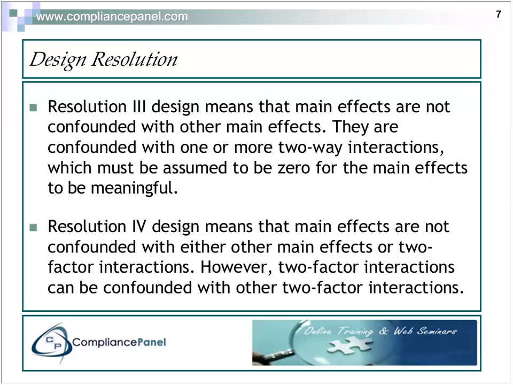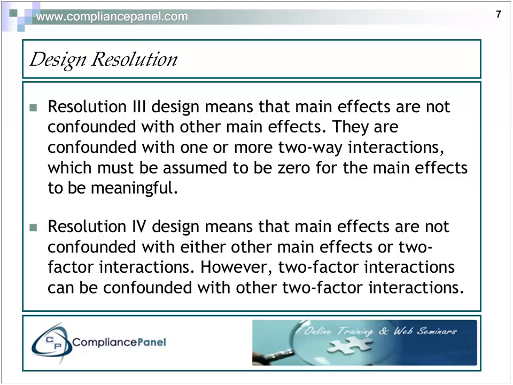performed. A resolution 4 design means that the main effects are not confounded with each other, and they're not confounded with the 2-factor interactions. So now, when I see that factor A is significant, I know it's factor A because it's not any of the 2-factor interactions. They are able to be estimated on their own. However, 2-factor interactions can be confounded with each other. And this is a problem where, if you had an interaction between the A and the B factor, and we'll talk about what an interaction is in a moment,